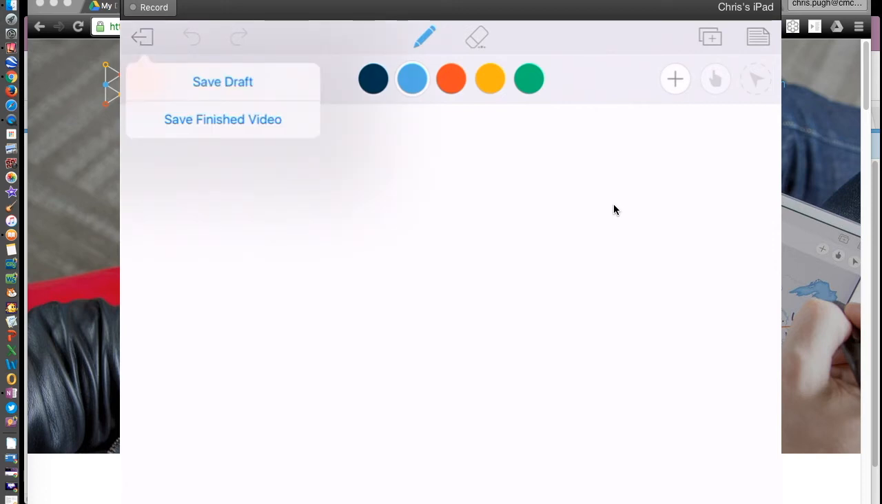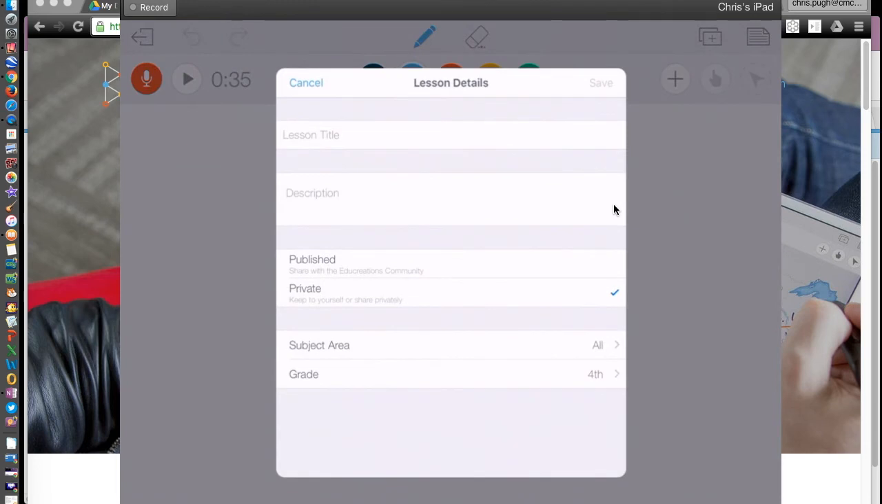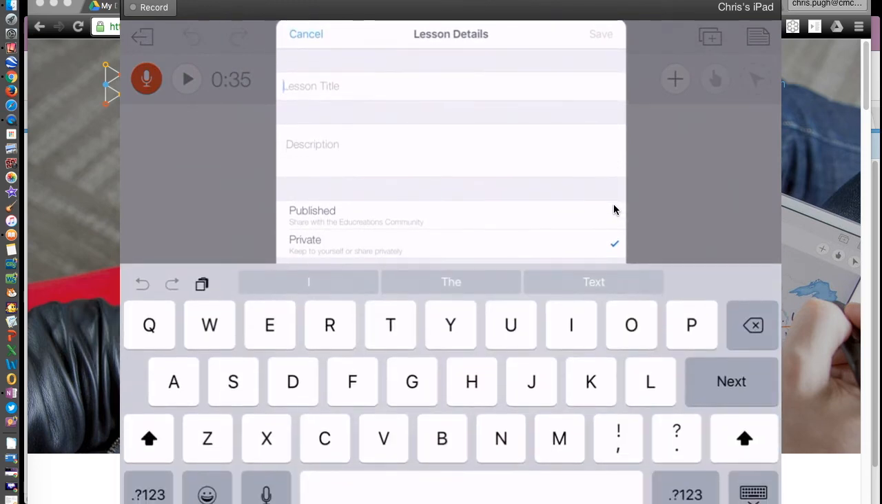So when you're done, you don't want to save it as draft. When you're done, you want to save it as finished video, and you'll give it a title. And if you're not signed in, once you give it the title, it's going to ask you to sign in to the website. I've already signed in on mine, so